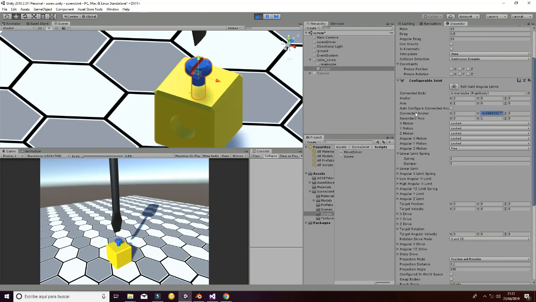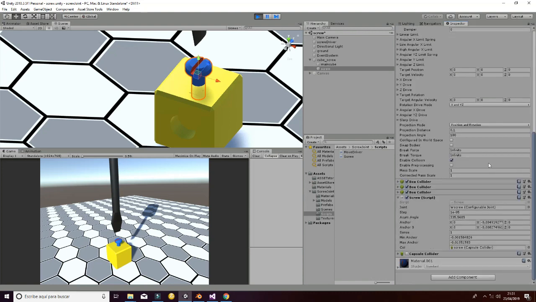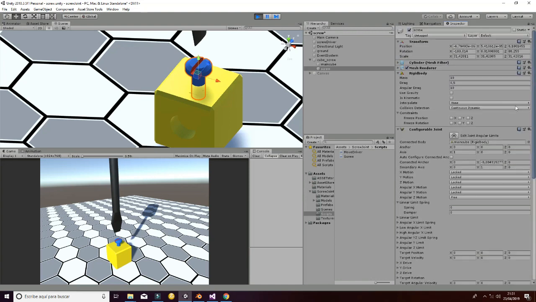So you can see here that the connected anchor is being changed by script here. So for example, let's try just to put it in a different position. If we erase this, you will see how the joint makes the bolt go up or go down, as you can see. So that's what we are using in order to get the